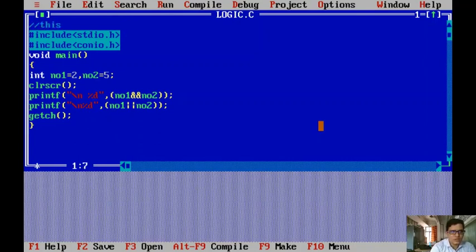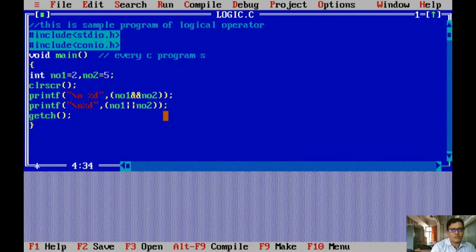This is a sample program of logical operator. Yes. What is this? Already you are familiar. Every C program starts with the main function.